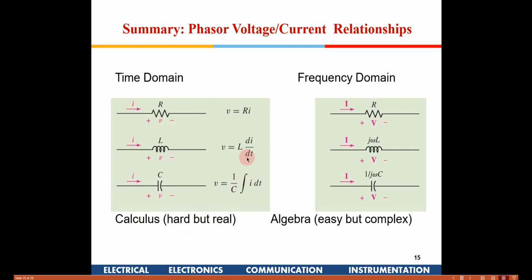So, this is calculus based. When we see problems, we can either do this by an easier method, and what we will see in problems will be to do it in algebra, in which a resistor will be represented as R, an inductor will be shown as j omega L, and a capacitor will be 1 by j omega C. Most of the problems we can do both ways, but you will find this much easier when we are doing problems. So, we need to remember these equivalents of algebra and calculus.